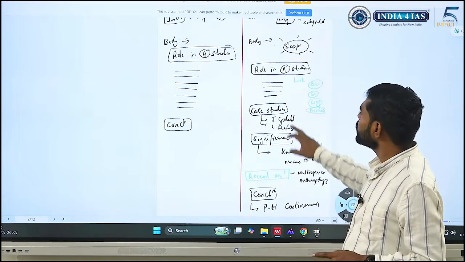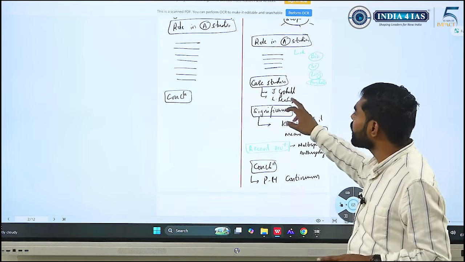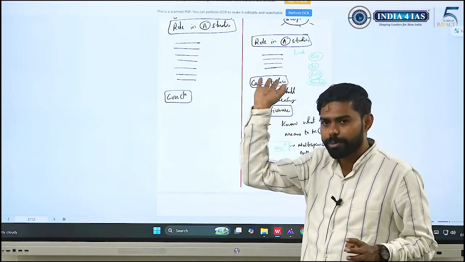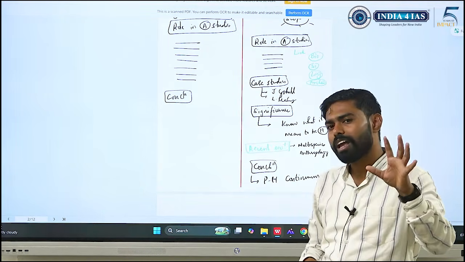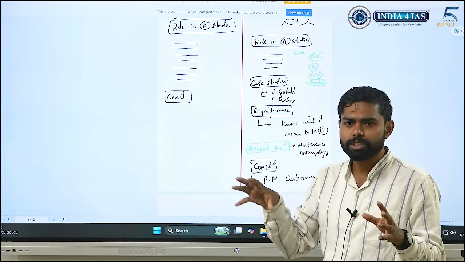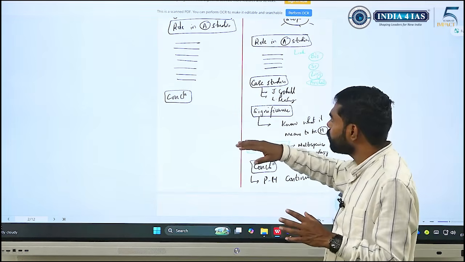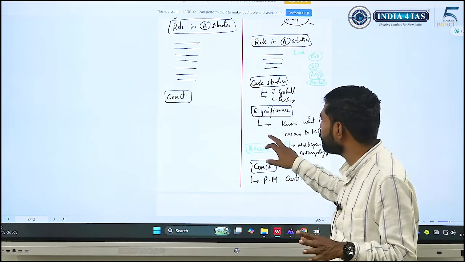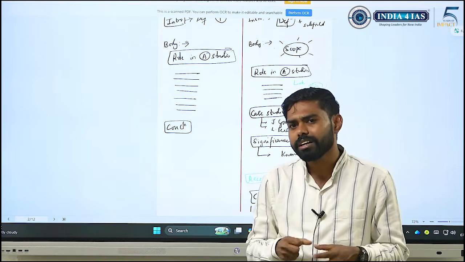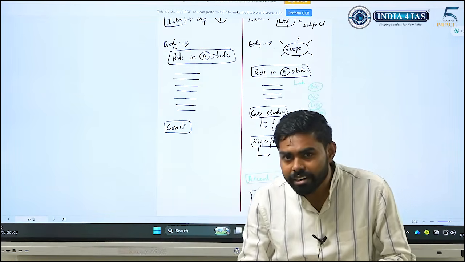So in this particular question, I have another dimension that is popping up: case studies. Make note of the dimensions on a separate page. By the end, you will have those 30 dimensions which you can cherry-pick based on different types of questions. Since case study has never come up, we can use the case studies of Jane Goodall, how her studies in primatology helped us understand anthropology better.